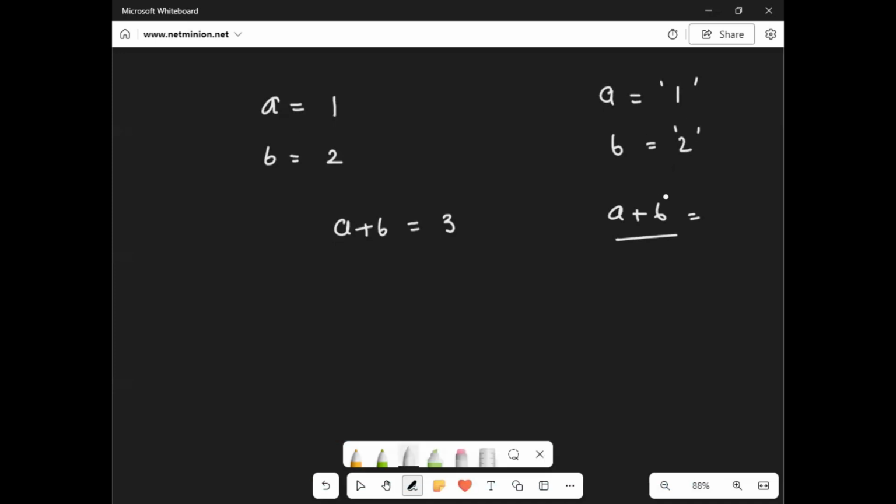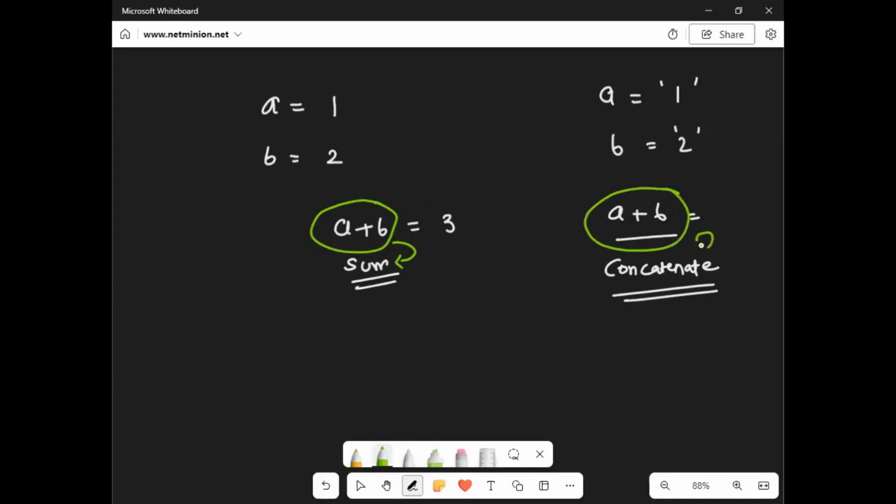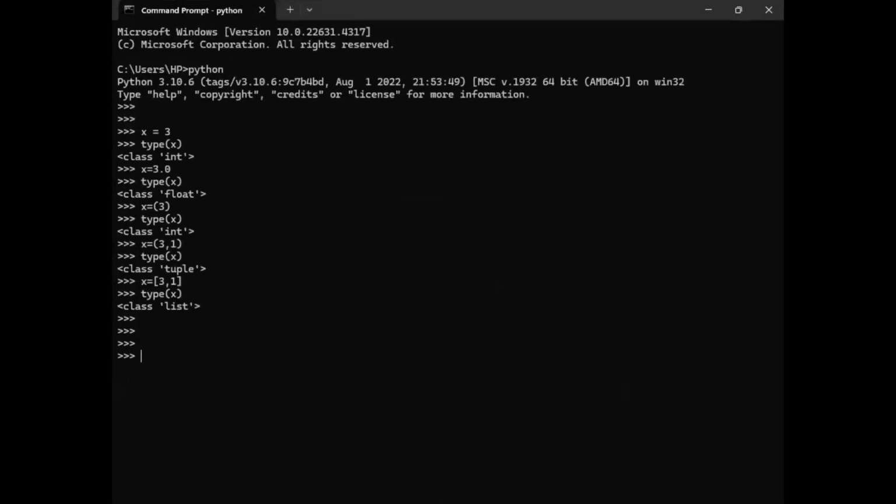This is string now, right? String. So string will concatenate. Okay. I am gonna touch all the topics, don't worry. I am just giving you the overview currently, just to tell how these data types are important. So depending upon this data type, here we are representing the sum. Because this is a string, it will concatenate the strings. It will show one, two, like this. 1, 2. Okay. Let's see, just to show you how data types are important.